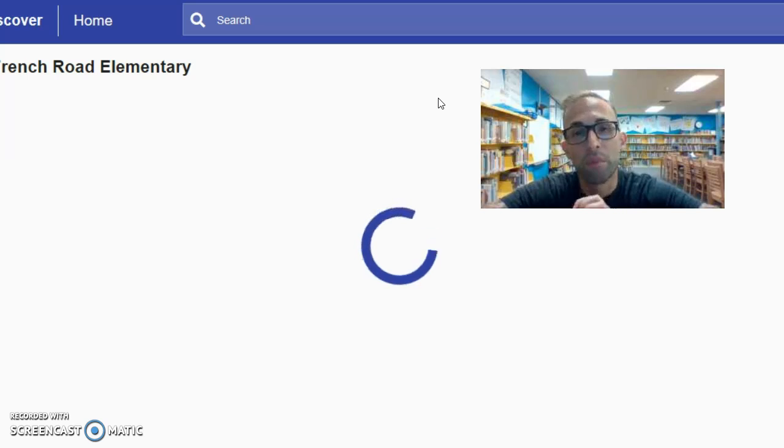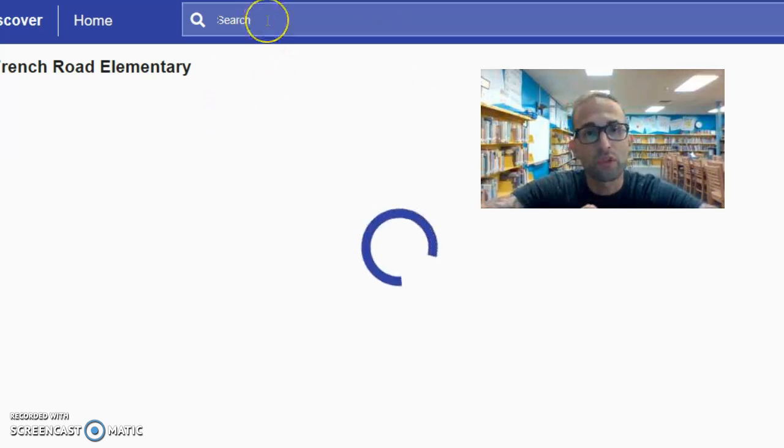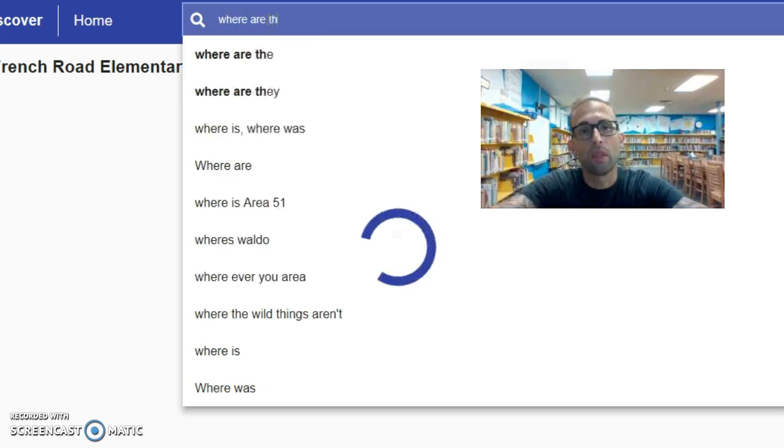So remember those keywords. If you think about key, it's like the most important word. So when you're searching for something, you can type it like you're talking to a person, but you can also speed up the process if you only use really important words. So if I'm doing a research project and I want to learn about a specific country, I wouldn't say, "Where are the books